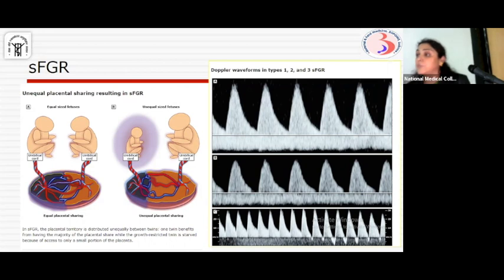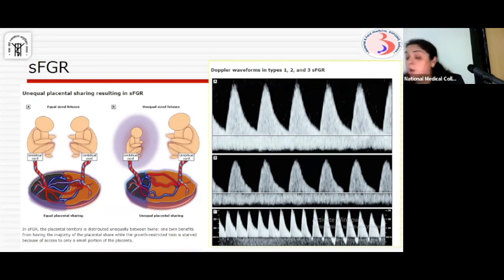there is one entity which is selective fetal growth restriction. Though they are genetically similar, so they have the same growth potential, since there is unequal placental sharing, this fetus is very small. Apart from growth discordancy, there are Doppler changes. It is important to look at the Dopplers for a long period of time in this twin. If the Doppler is high, it is managed like a singleton twin. If there is ADF, depending on the timing, if we think that they are mature and this baby can die,